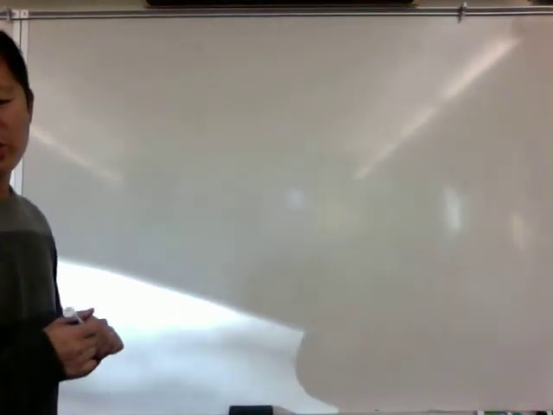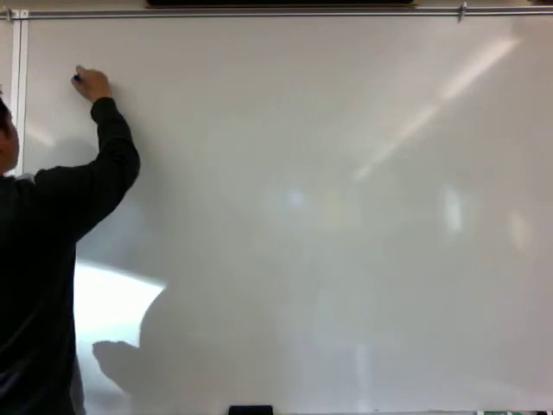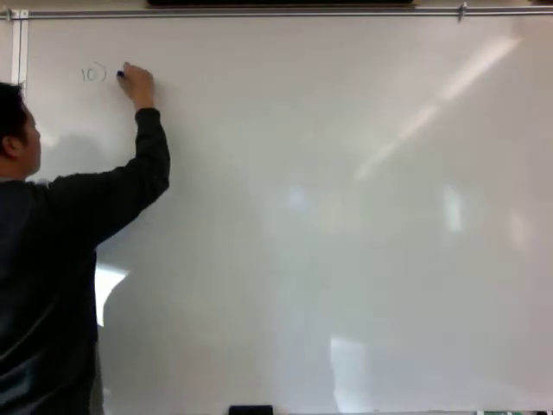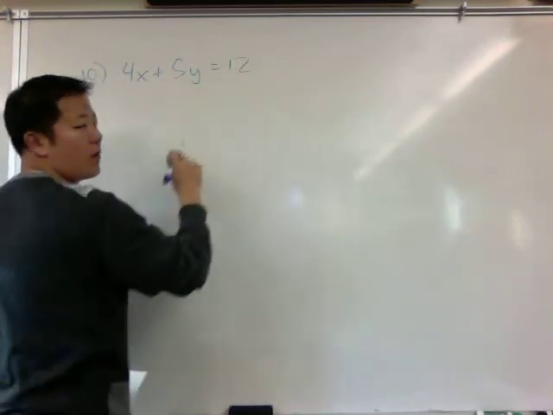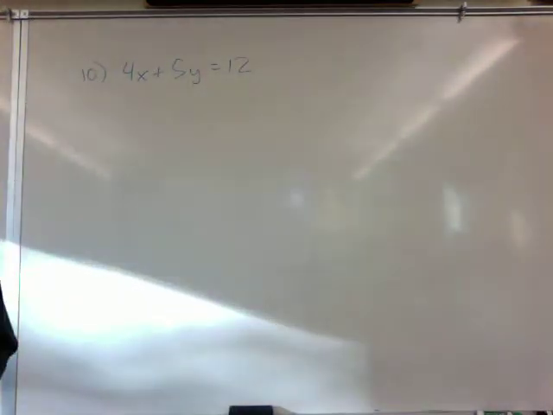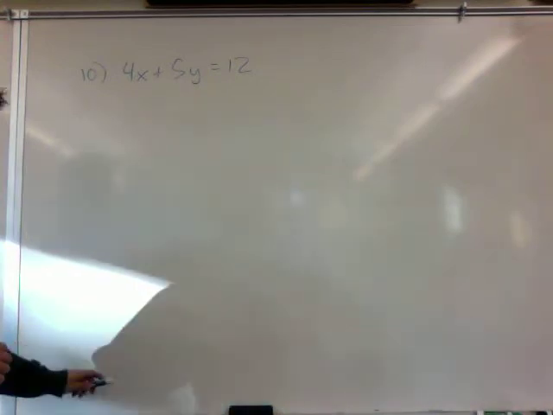All right, let's do number 10 on the slope-intercept worksheet. It asks to convert the following equations into slope-intercept form. This equation is given in standard form, and we could create a table and graph it and try and figure out the slope and eventually try and figure out the y-intercept graphically, but that would take a lot more work than to do it